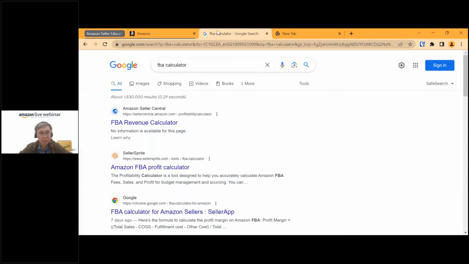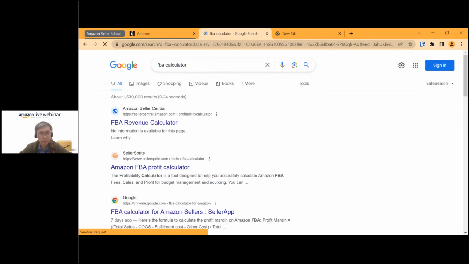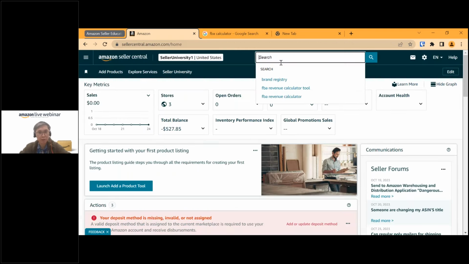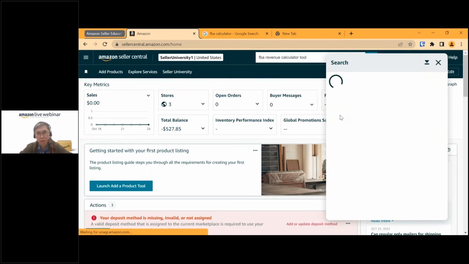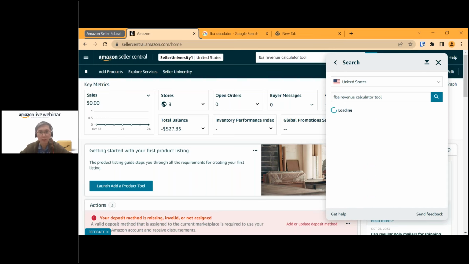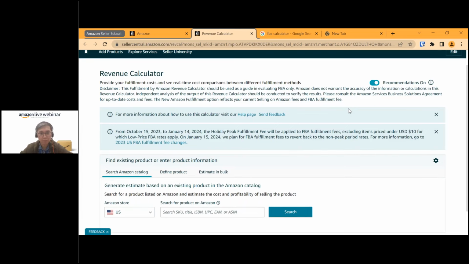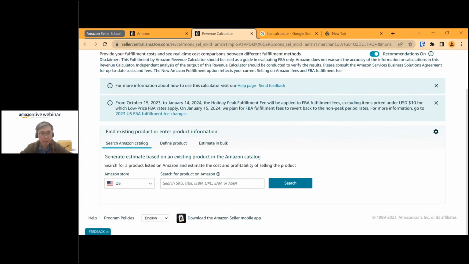You can use any search engine and search for FBA revenue calculator, or if you are in Seller Central, you can also search for FBA revenue calculator or calculator tool. My connection is a little bit slow here. Then you click on the link, and you'll come to this FBA revenue calculator, where you can see there are some updates over here, but don't worry,